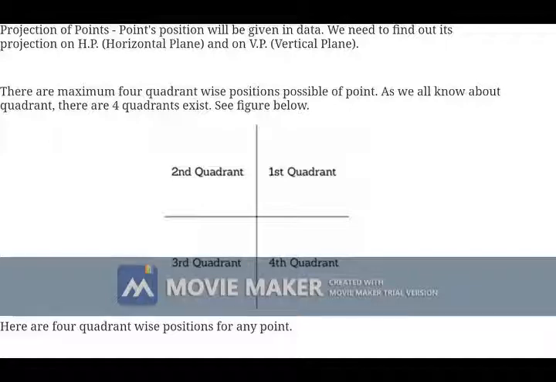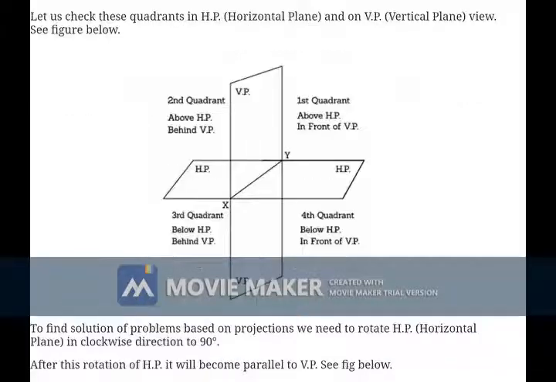So actually you are placing the object in front of the vertical plane because you are going to stand and see the first quadrant. So your view is that you are able to see the first quadrant. The vertical plane is in front of you, right? And you have placed the object above the horizontal plane. So the first quadrant is in front of the vertical plane and above the horizontal plane. You have to understand this properly.